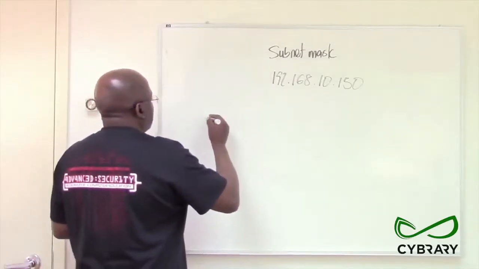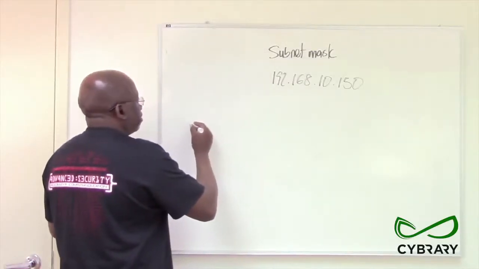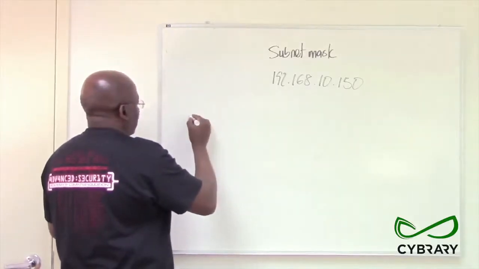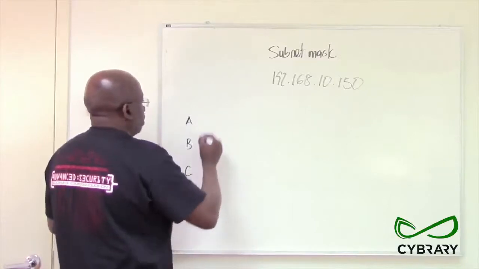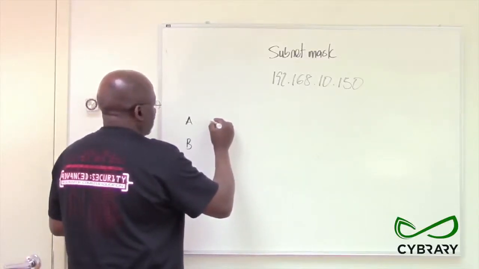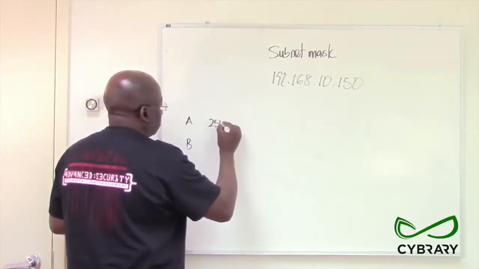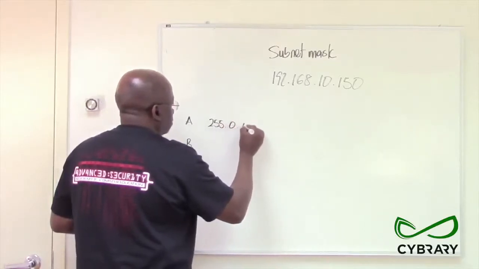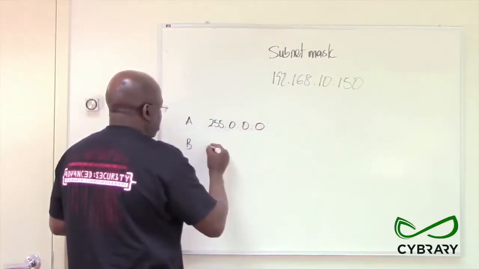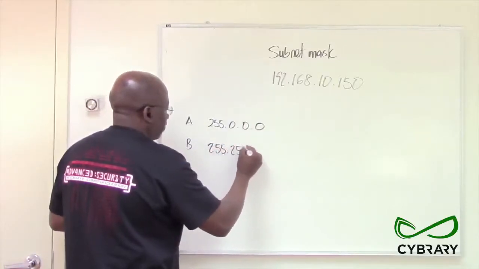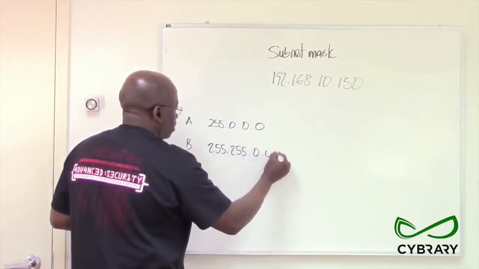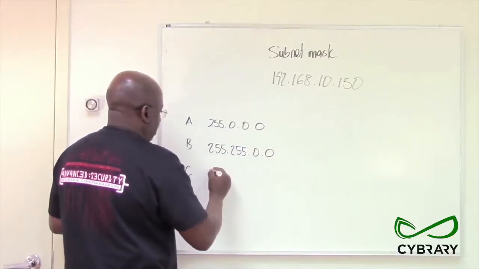We have three classes of subnet masks: class A, class B, and class C. The class A is denoted as 255.0.0.0. The class B is denoted as 255.255.0.0. The class C is denoted as